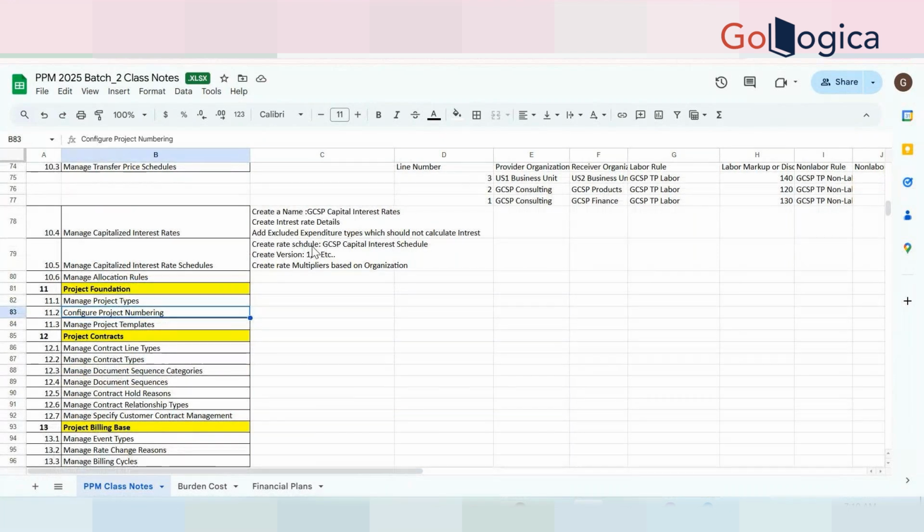Okay, let's complete all the setups, then maybe at the end we'll show the accounting configuration and how we can read it in the system. You need to know the algorithm or the method of how to understand the existing accounting setup, right? Yes, I can help you on that. I have some documents on that, on how you can read it out. I can explain some scenarios, then you